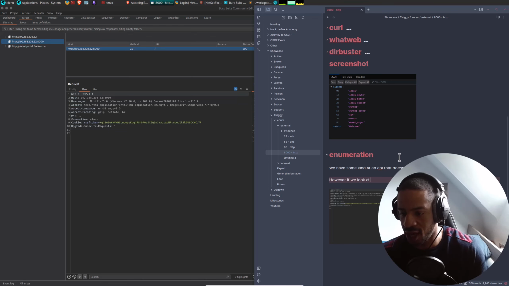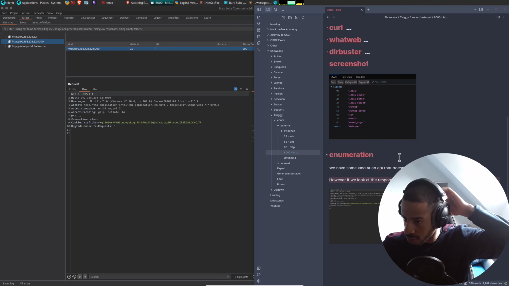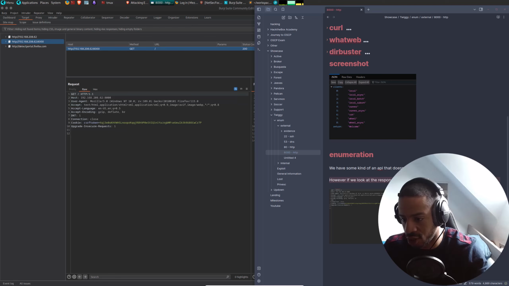However, if we look at the response, then we do get a bit of information. So essentially it's an information disclosure vulnerability.